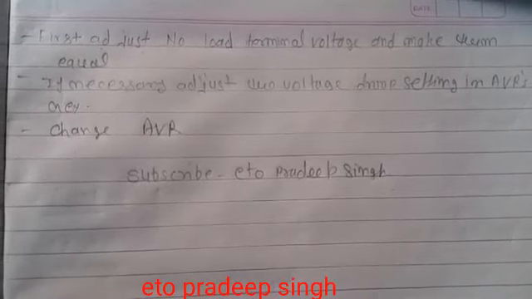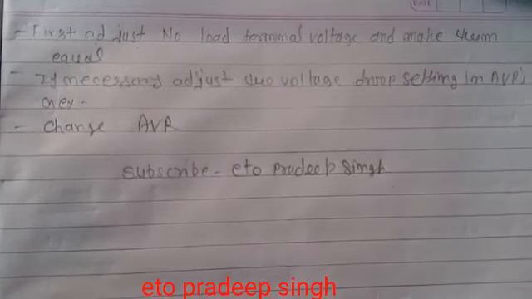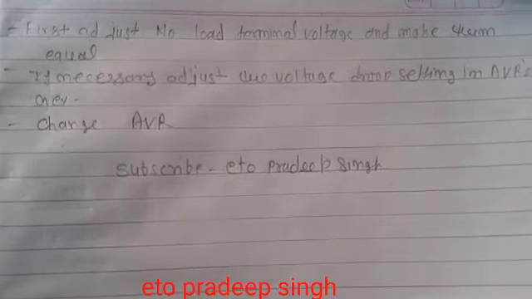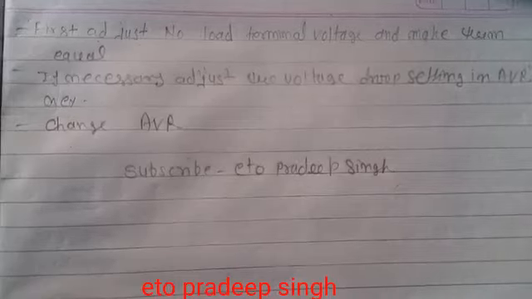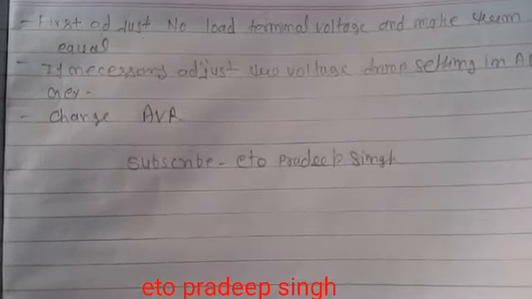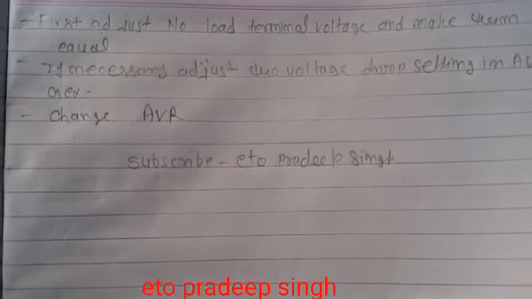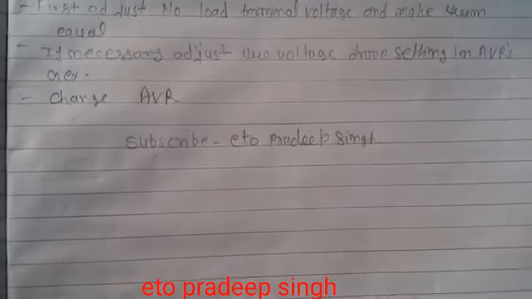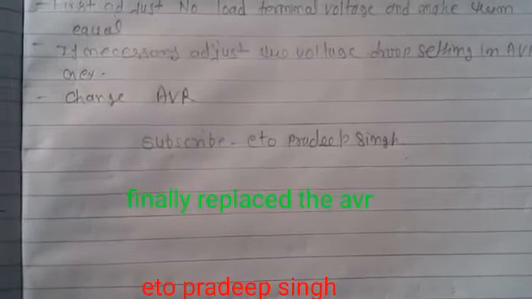First, take each generator on individually, started in no load condition. First adjust the no load terminal voltage and make them equal. If it is not equal, and if necessary, adjust the voltage droop setting in the AVR, and if nothing